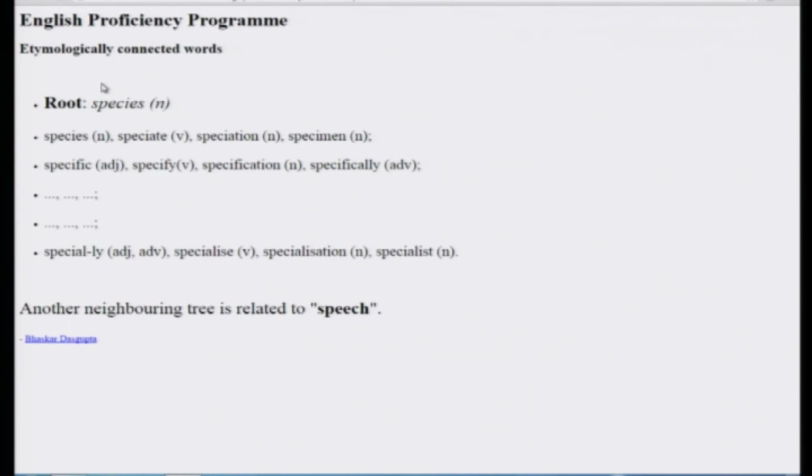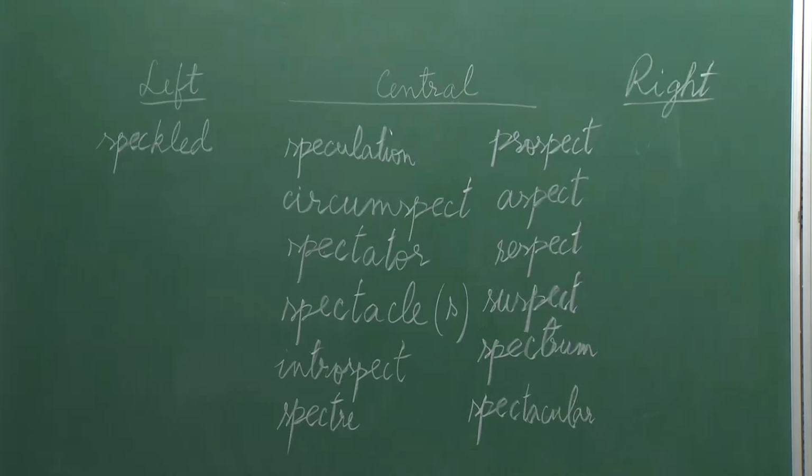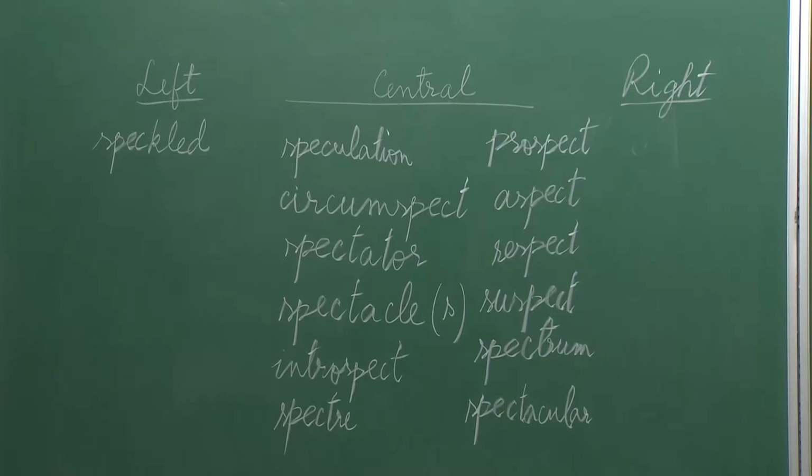After seeing this, you might find that this is a far-fetched imagination, that somebody talking about these words here will inadvertently land into the branches of this species tree and tell wrong words. But it is quite possible, it happens. And another neighboring tree which also is likely to confuse is the tree of speech. Okay.